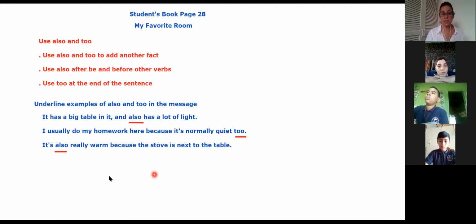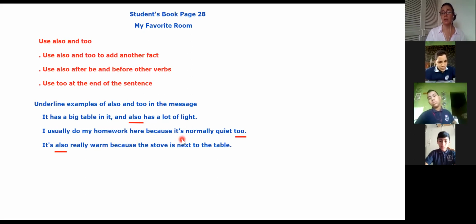We could say in this sentence, it's really warm because the stove is next to the table. We could say, I usually do my homework here because it's also normally quiet instead of too. Or, I usually do my homework here because normally it's also very quiet. Okay, so you can use also instead of too, like in this one. It has a big table in it and has a lot of light too, instead of also. Okay, so we continue with the